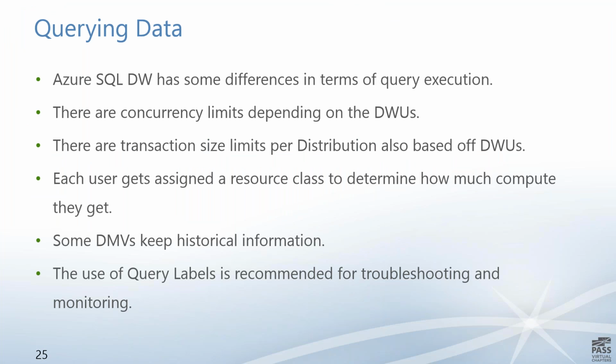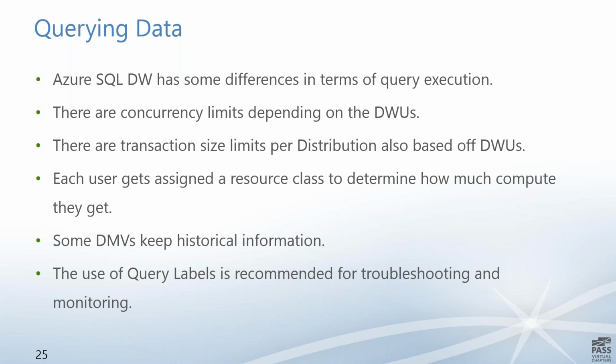Okay. Now, querying data has a little bit of difference. The main difference is that there are some concurrency limits on the system depending on the data warehousing units. And there are also some transaction size limits, again, based on your data warehousing units. It's kind of like a built-in resource governor, if you're familiar with the resource governor in SQL Server. So each user gets assigned to a resource class, and that defines how many resources they can get from the data warehouse. Another difference is that some of the DMVs inside Azure SQL DW actually keep historical information,